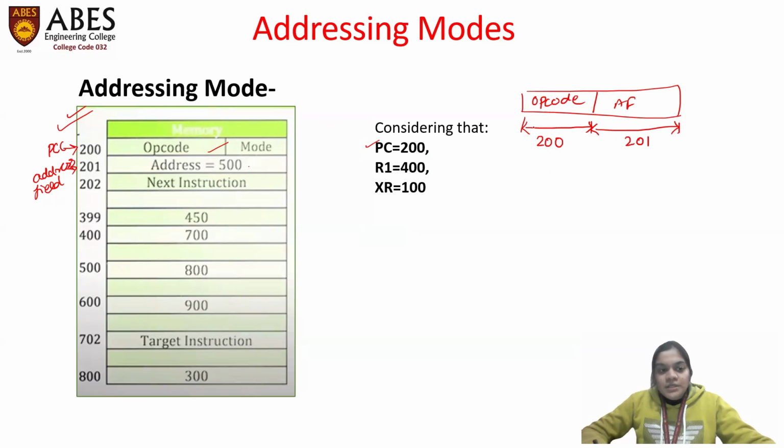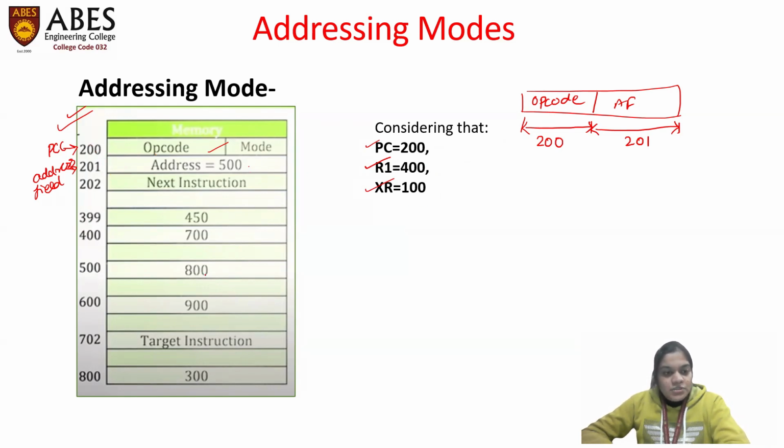That means your complete instruction is located at two addresses, 200 and 201, right? And here you have been given some values for the register set: register value as 400 and index register value as 100. So these are a few values we are provided with,